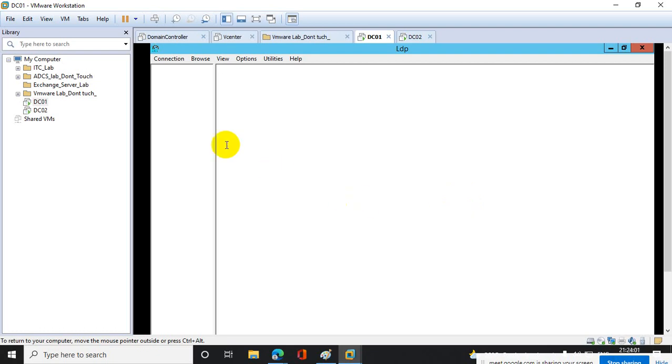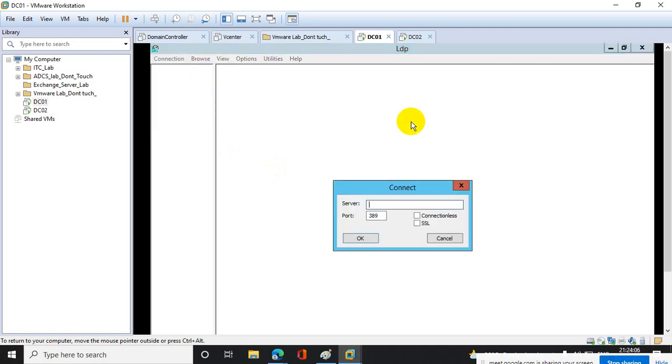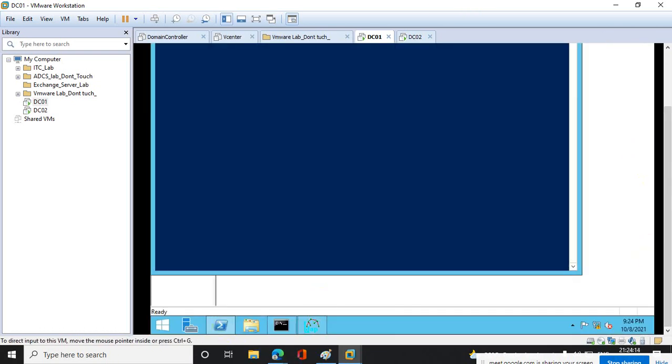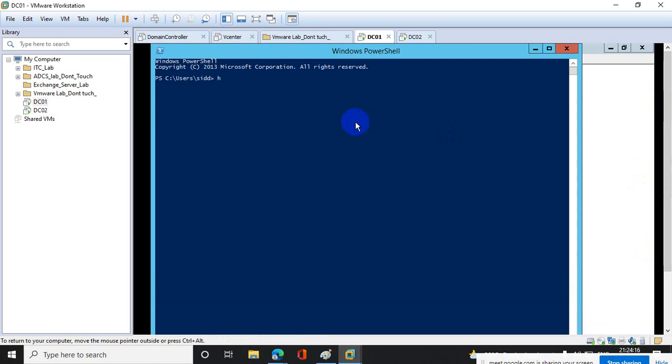For that, click on Connection, and first you have to connect to your domain controller as well as your domain. So what is your domain controller name? DC01.